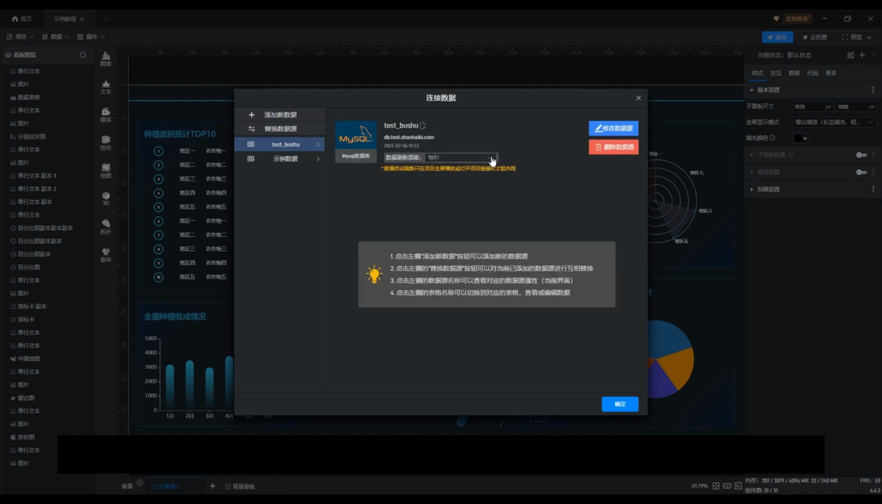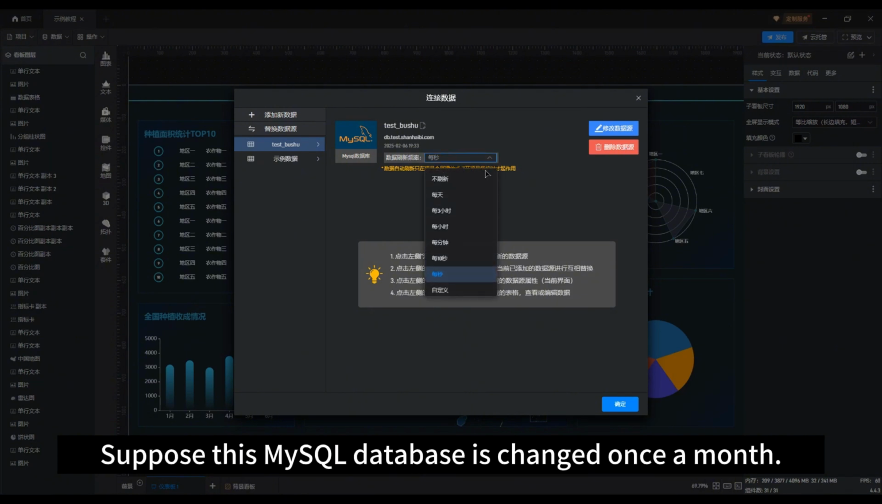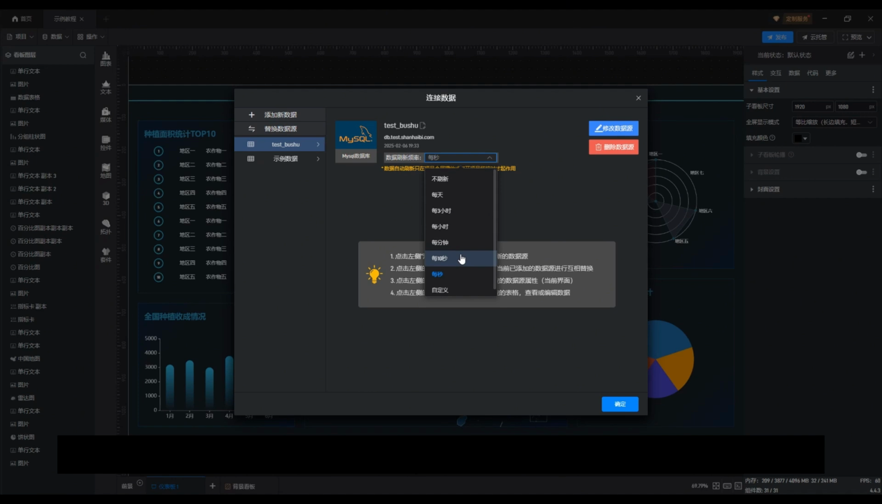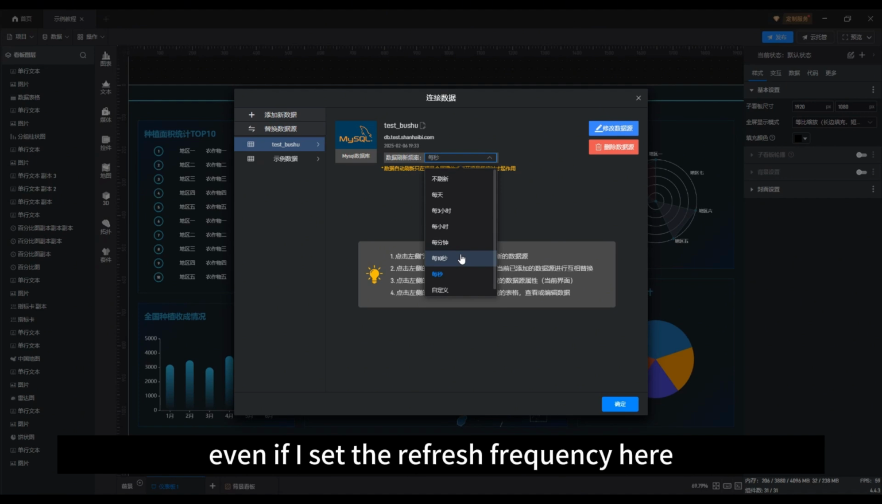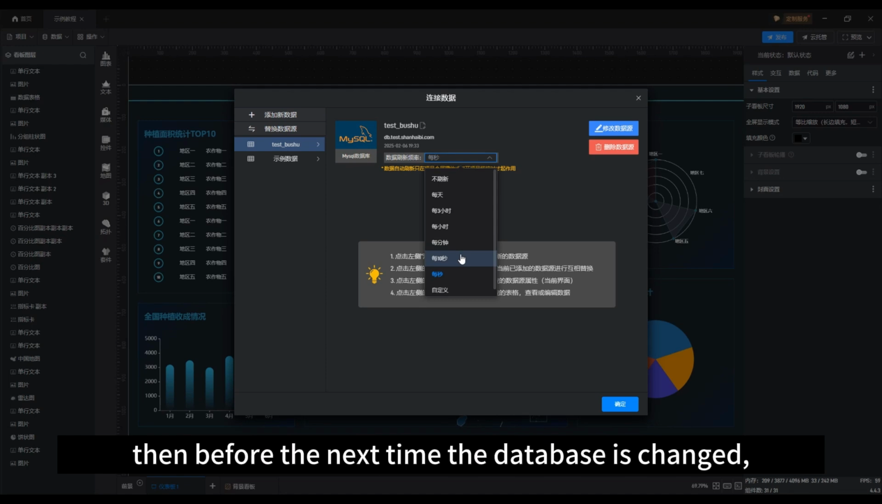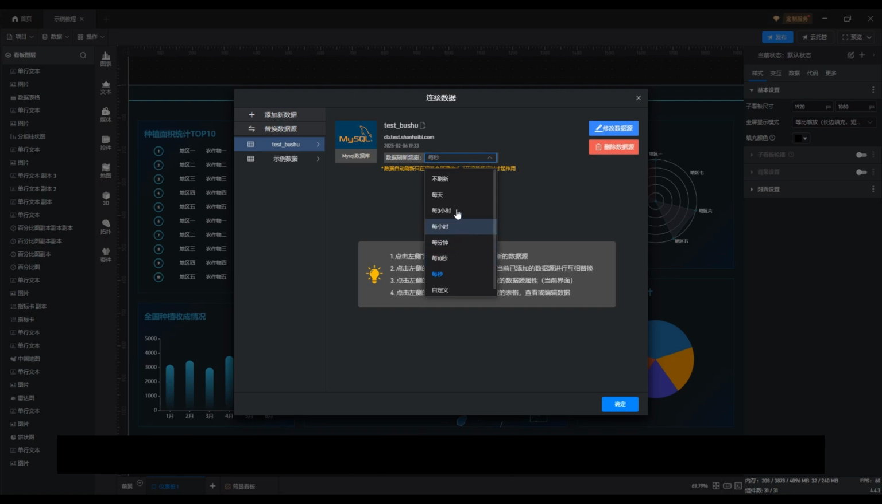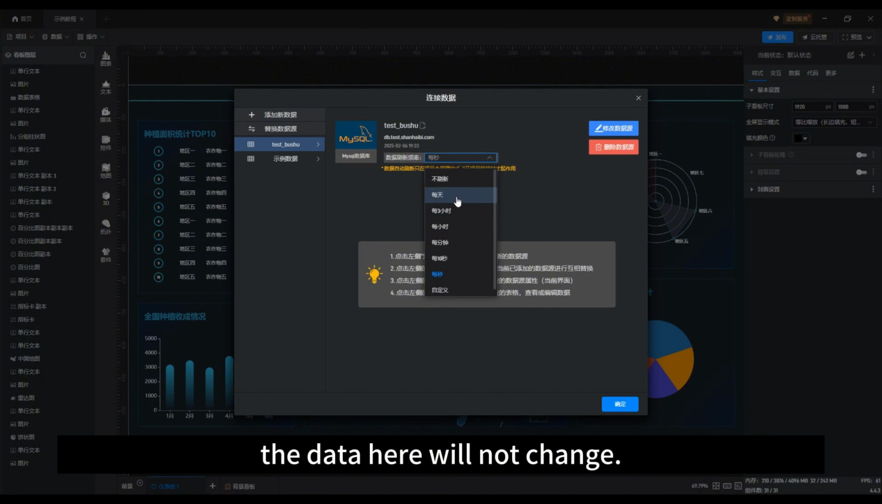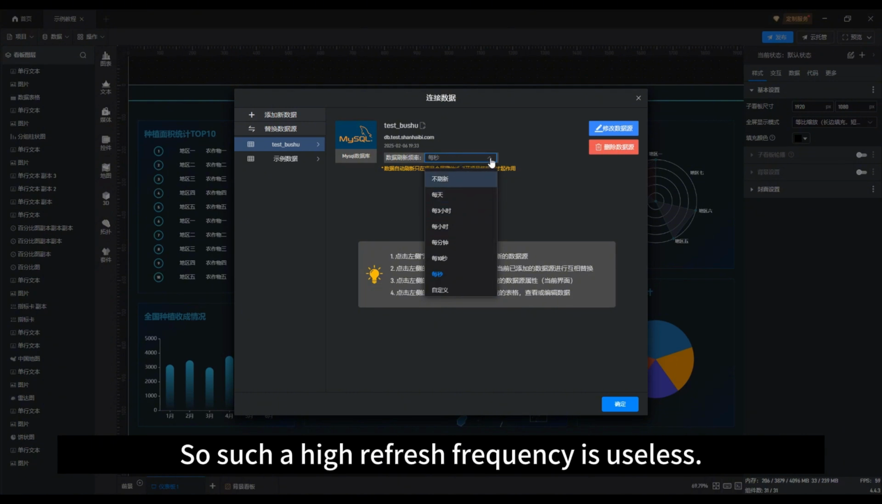For example, suppose this MySQL database is changed once a month. Even if I set the refresh rate to be refreshed every second, before the next time the database is changed, the data here will not change. So such a high refresh frequency is useless,